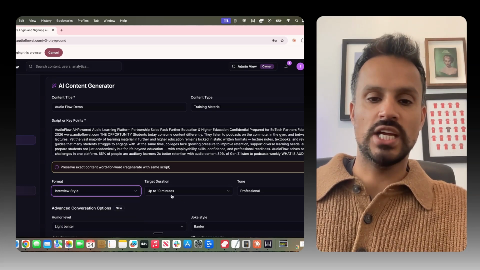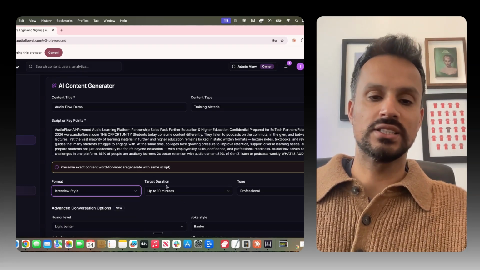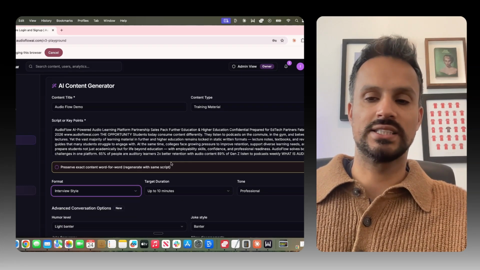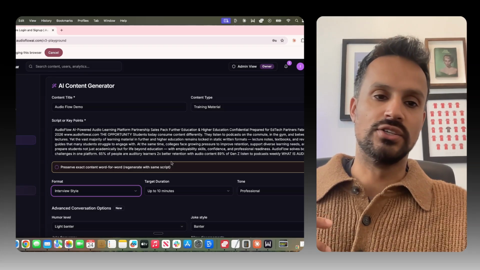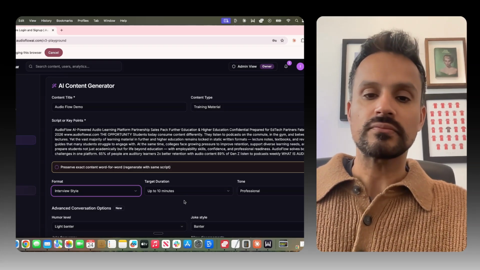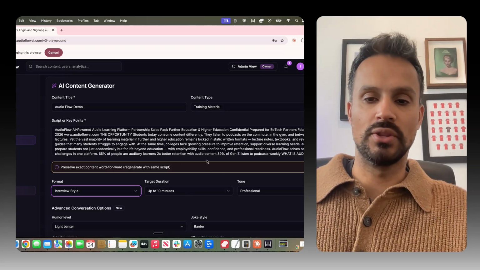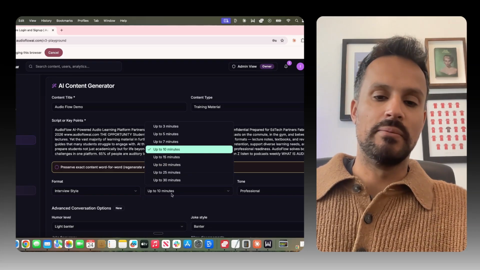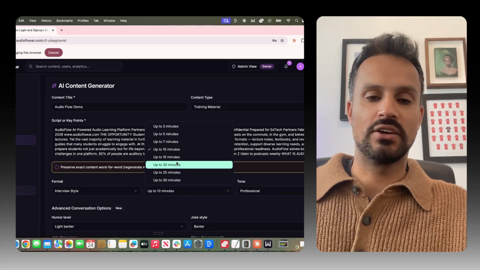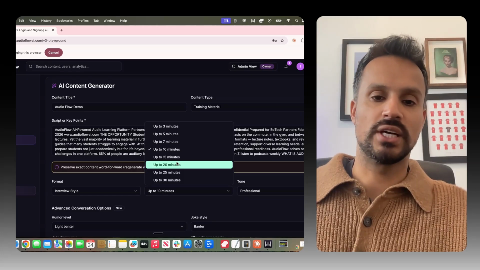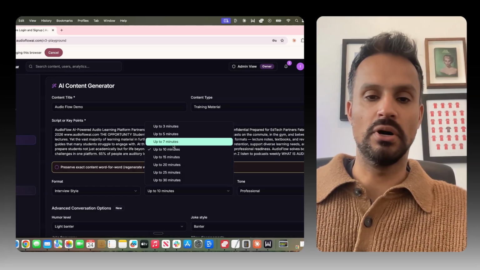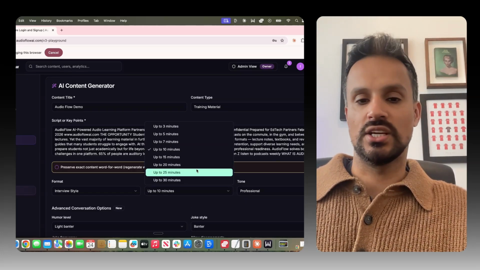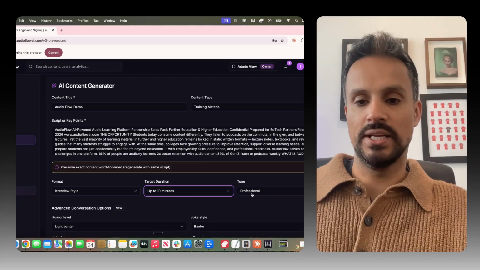You can then change the duration of the actual podcast. So depending on how much context is actually in the upload of the document, you can then upload that information, and it will try its best to get to the 10 minutes. If you want to extend that, depending on the amount of information you give it, it will try its best to get to the markers that you put. But for now, I will put this as 10 minutes.